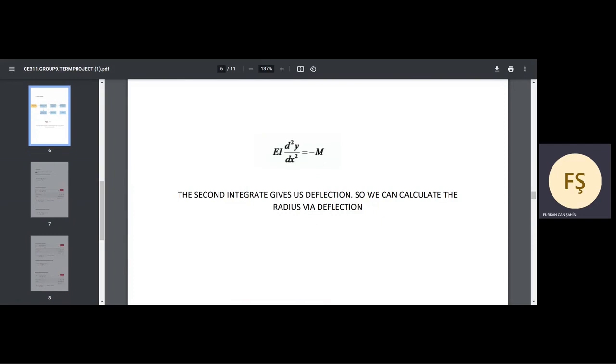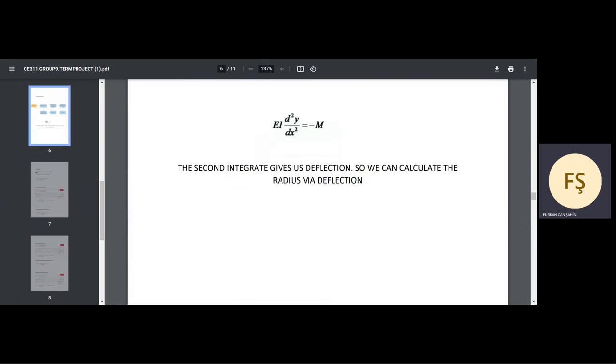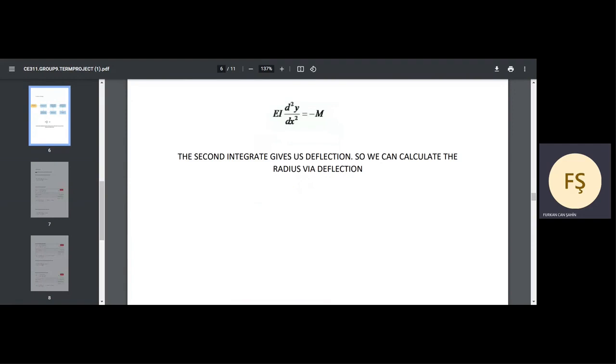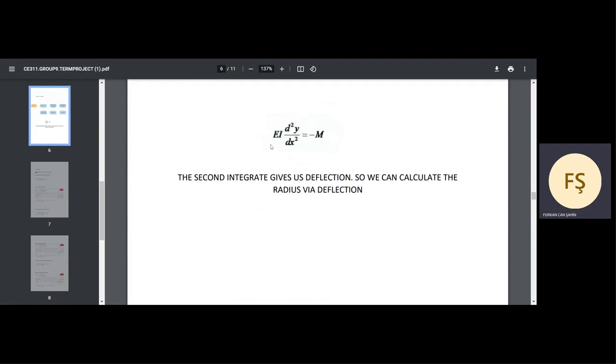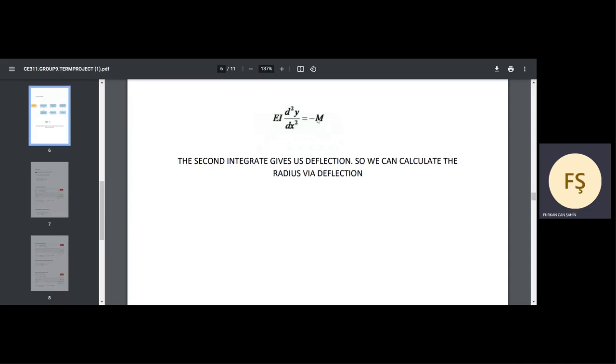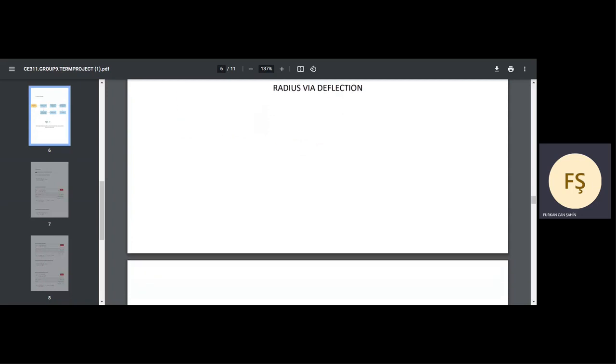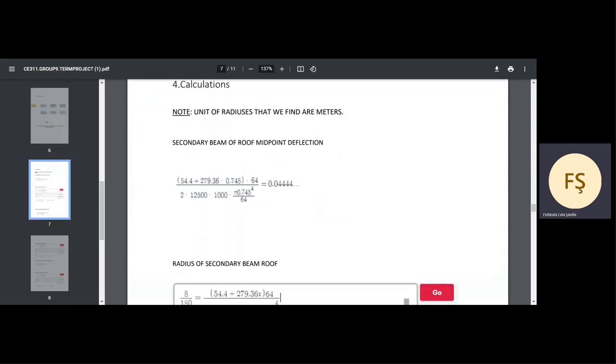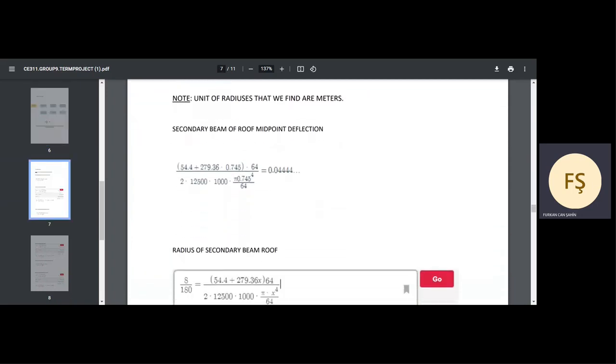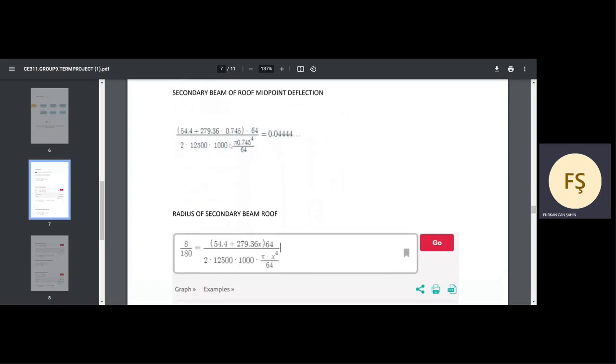Hello, my name is Furkan, and I'm going to talk about deflection today. There is a formula for the deflection. It's EI times the second derivative of y equals minus M. Secondary beam of roof midpoint deflection. We use this formula over here and we find this solution,